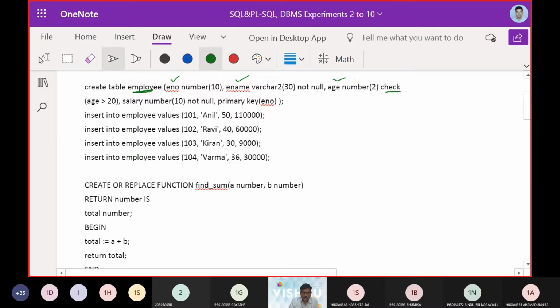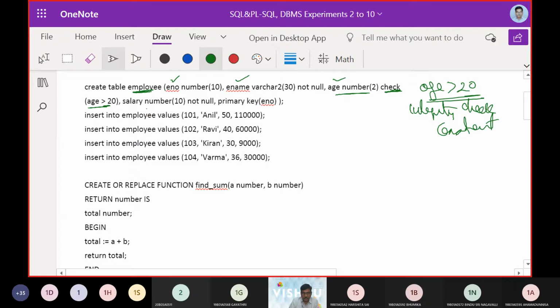And there was an integrity check. What we need to see is that the age should always be greater than 20. This was the integrity check constraint we are adding, so that you can see here age should always be greater than 20.